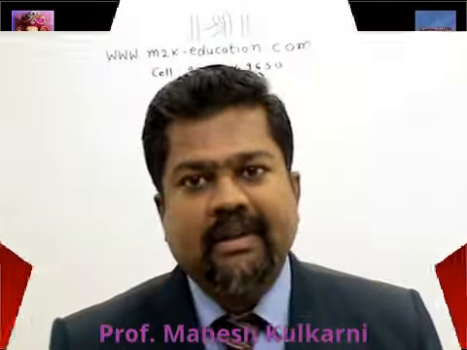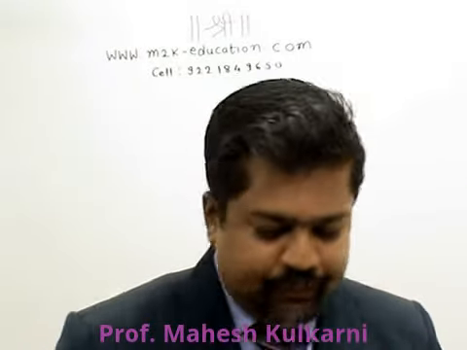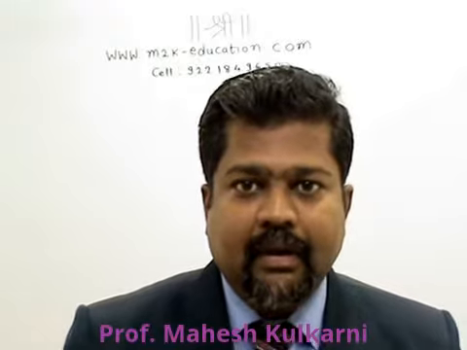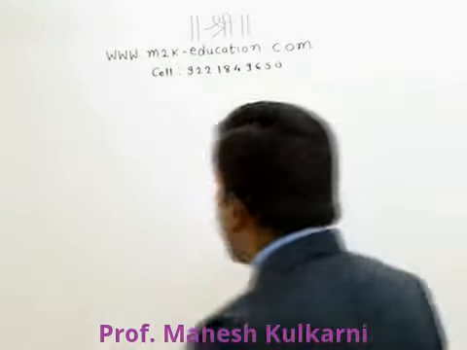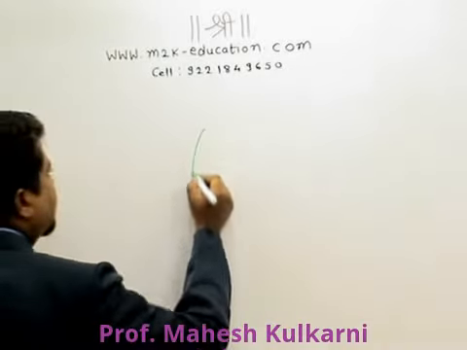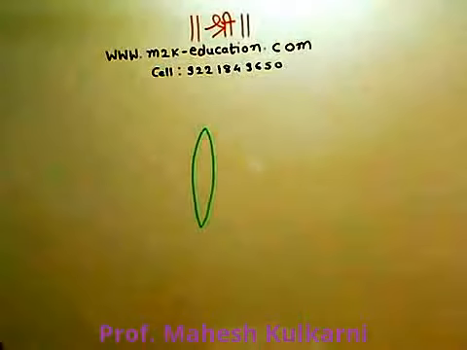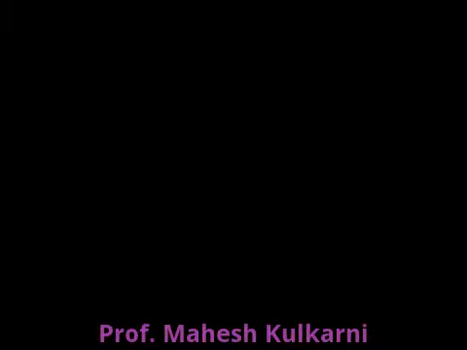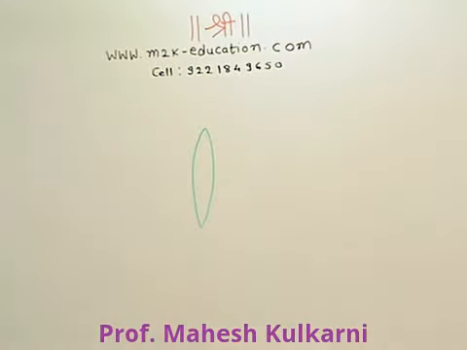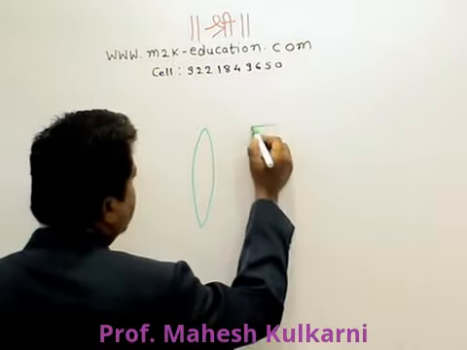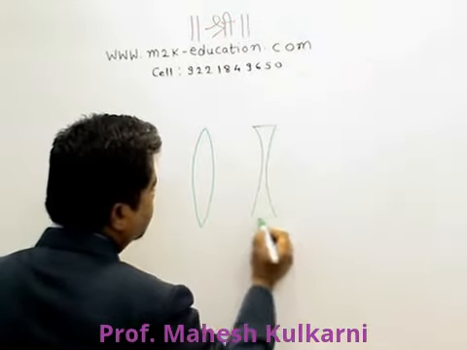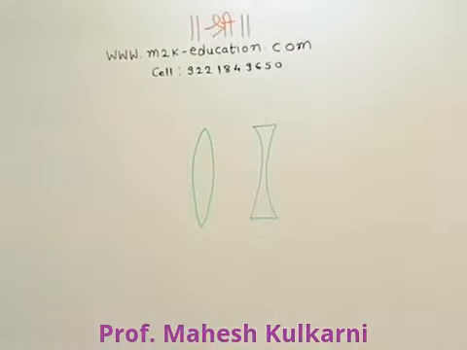We are talking about lenses. There are different lenses. Here, we are focusing on this lens, which is called a convex lens. I am showing it from the side angle. This is called a convex lens, whereas from the side, if I am showing this, this is called a concave lens.